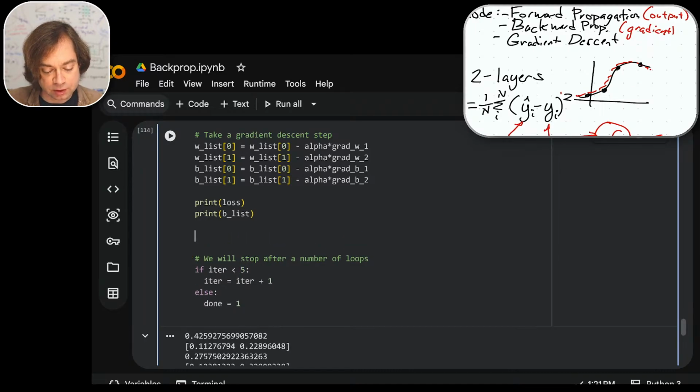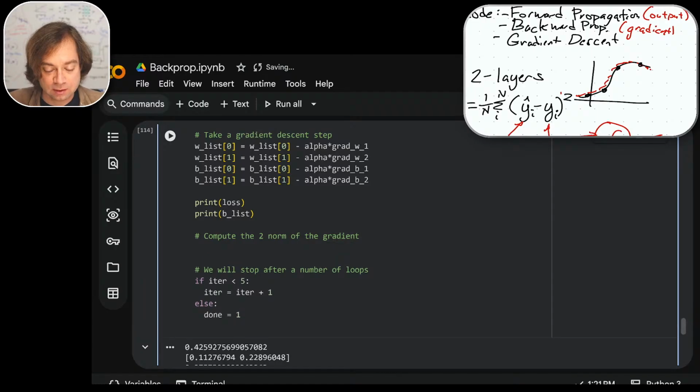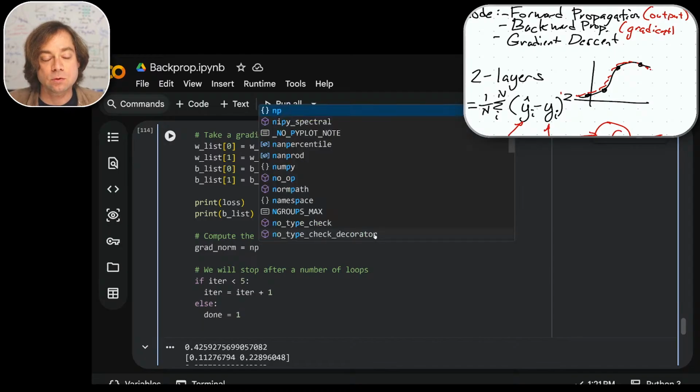let's compute the norm of the gradient. Compute the 2 norm of the gradient. Now you might recall the 2 norm, that's the distance formula, okay? That's just the square root of one thing squared plus the other thing squared plus something, okay? So let's compute the 2 norm of the gradient. Let's call it the grad norm, all right? And we don't need to take the square root, so right now we'll just make it